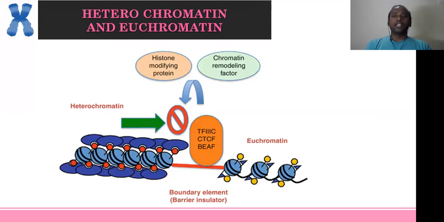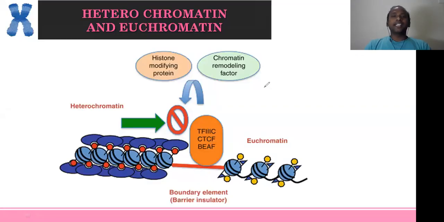And coming to the importance of hetero and eu, the conversion of hetero to eu can be possible, because everyone has an idea that heterochromatin is always hetero and euchromatin is always euchromatin in nature, but this is not exactly true. A certain portion of heterochromatin can be converted into euchromatin when it is required, and converted back into heterochromatin when it is not required.